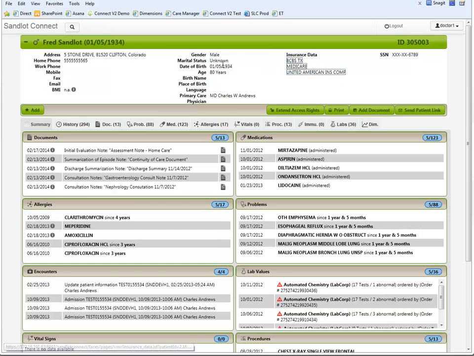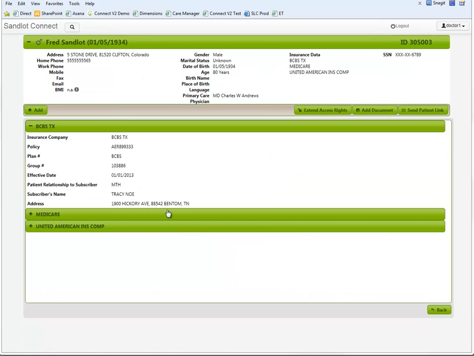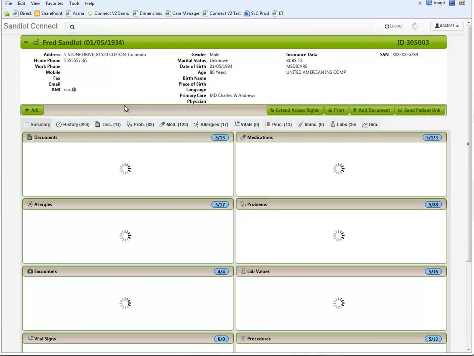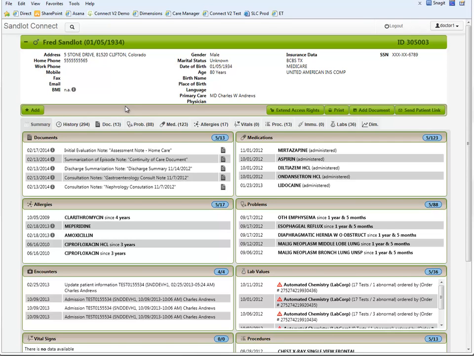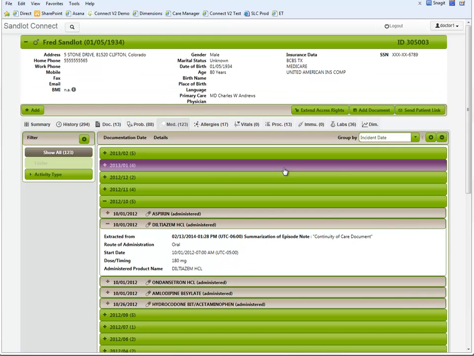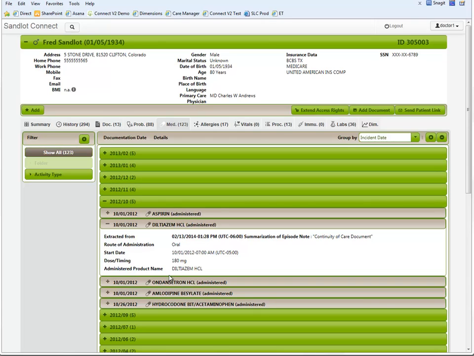From the summary view, the user can review demographic and insurance information in the header bar, as well as click through the tabs or data elements in the summary sections to review health information on the selected patient. The patient record includes information from across a community, including physician practices, hospitals, laboratories, radiology groups, ancillary providers,